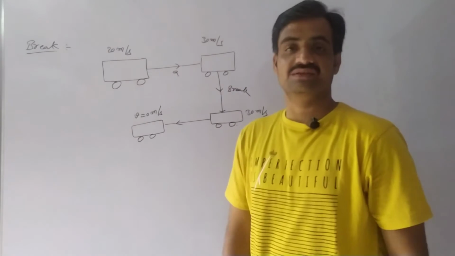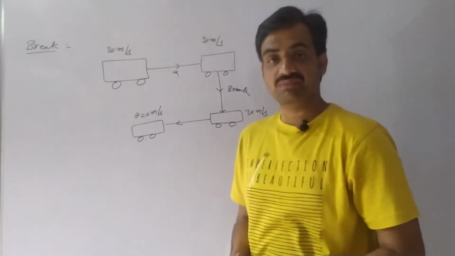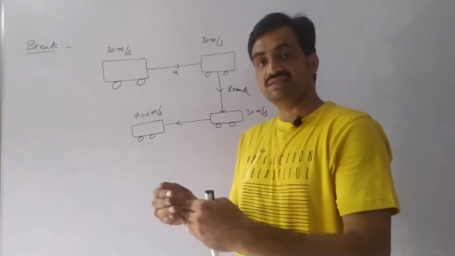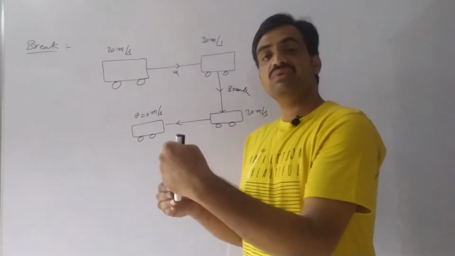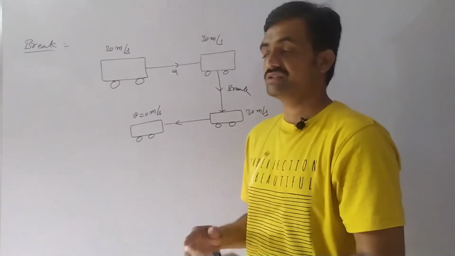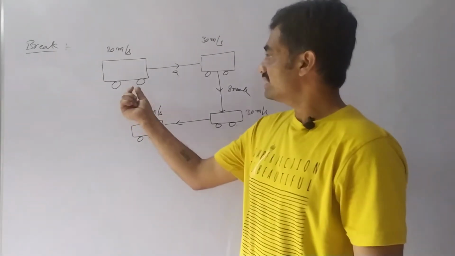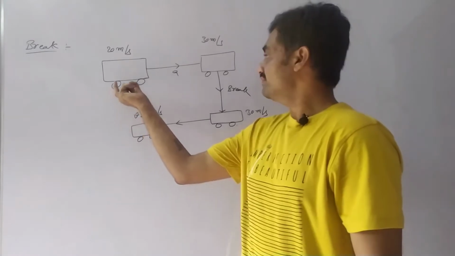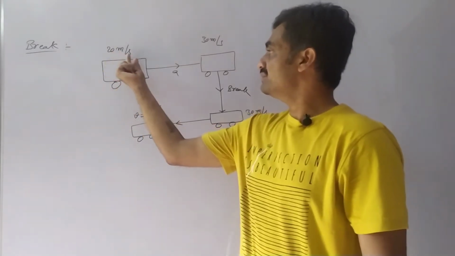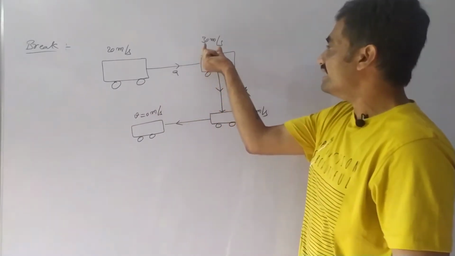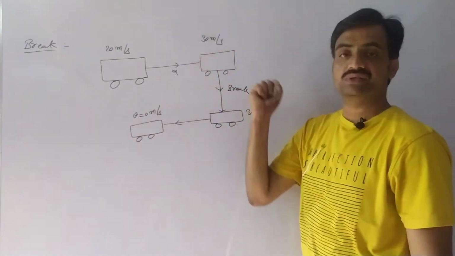Now we are going to discuss the vehicle when the brakes are being applied. Here, we have to find the distance traveled by the body after applying the brakes. So the numericals are asked based on this. Let us consider a vehicle which is traveling with a speed of 20 meters per second initially. It is accelerated and attains a velocity of 30 meters per second.